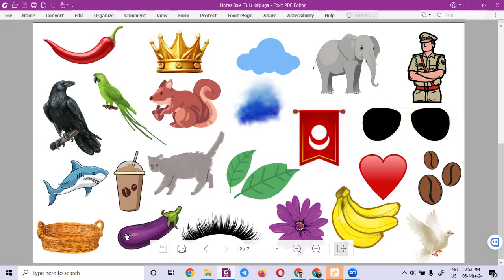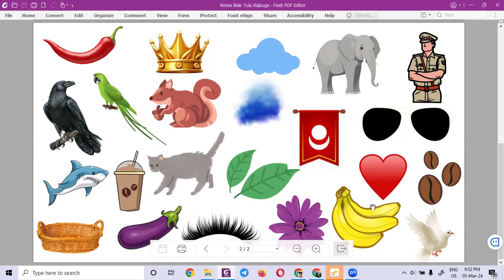This one, nerole, pink color. Sorry, purple color. Purple. Okay. This eyelid, this one, black. Purple. Yellow banana. White pigeon. White dove. Okay.